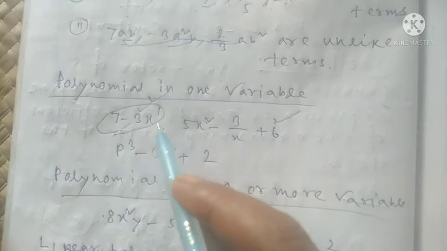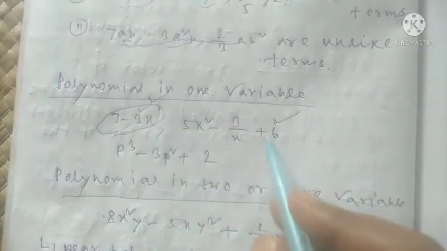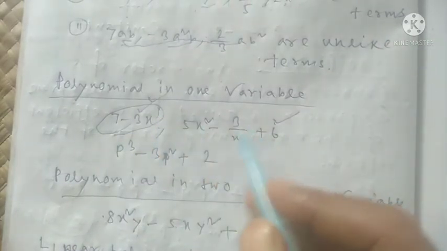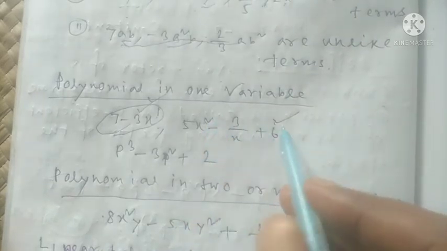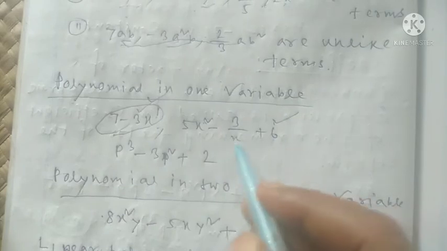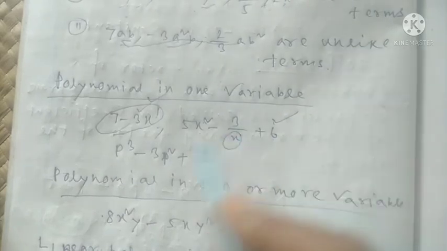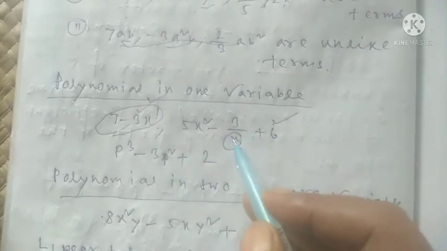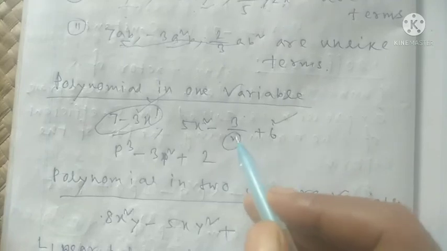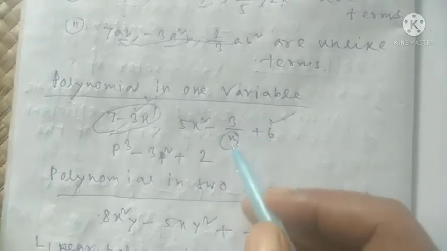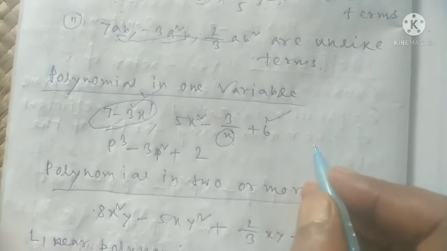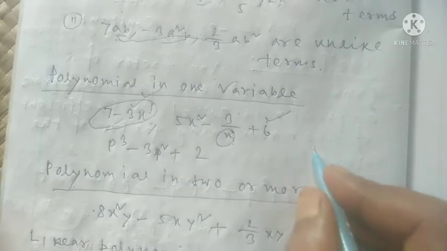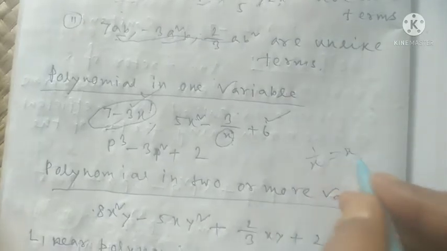So how can I understand? Because the power is positive, but here, sir, how can I understand this? Power 2 is there, so it is also positive. So how to understand this is not a polynomial? Because in the second term 3 by x, x is the denominator. I think when you solved the indices chapter, this type of formula is 1 by x, that means x to the power minus 1.